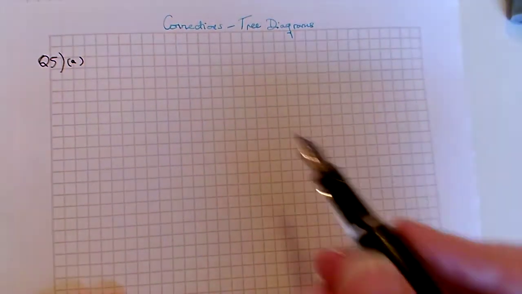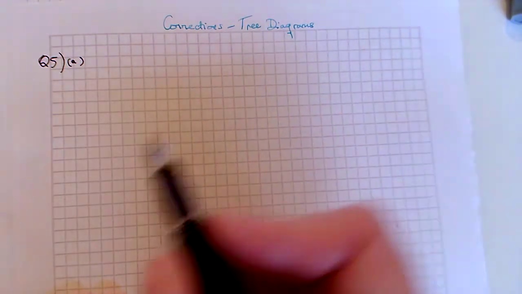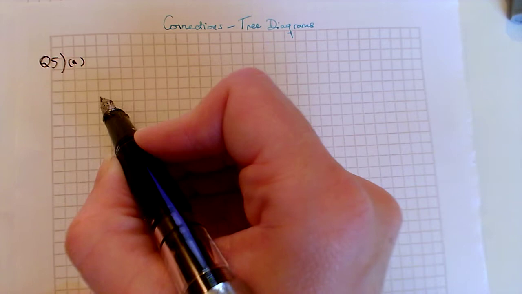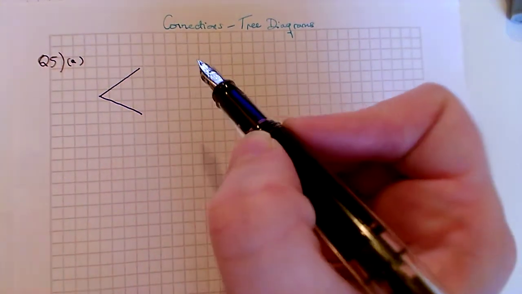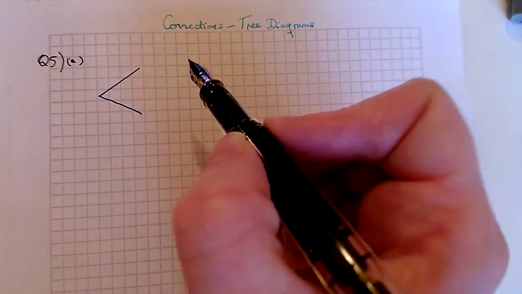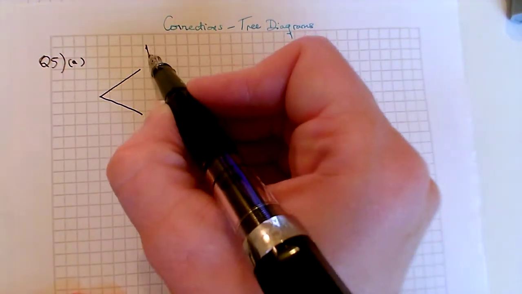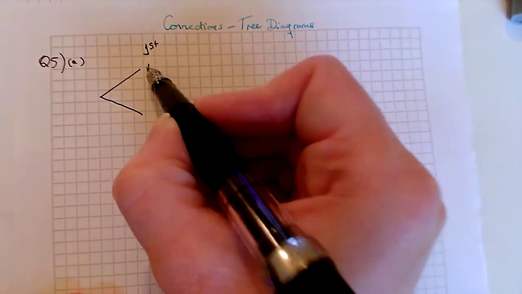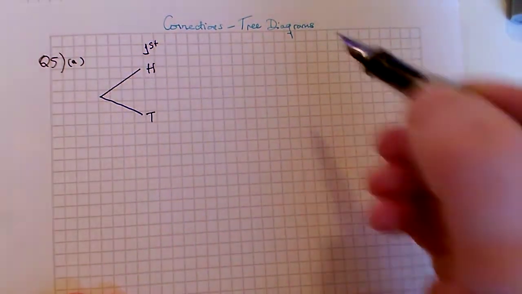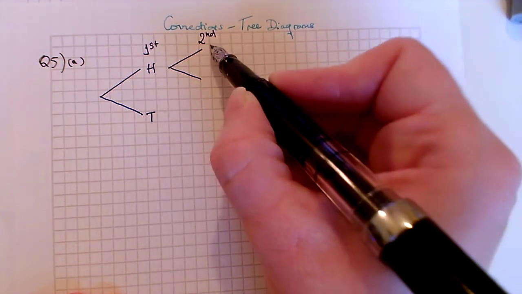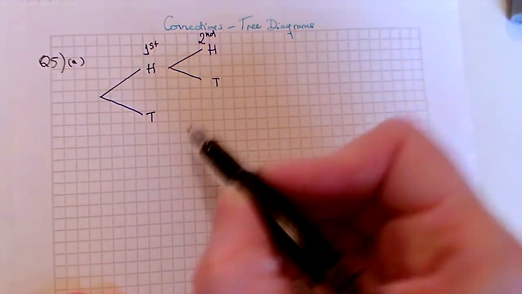So we were told that 2 coins were flipped and they could end on either a head or a tail, and you have to copy and complete a tree diagram for this. So for the first flip, we could either have had a heads or a tails, and then for the second flip, we again could either have had a heads or a tails,